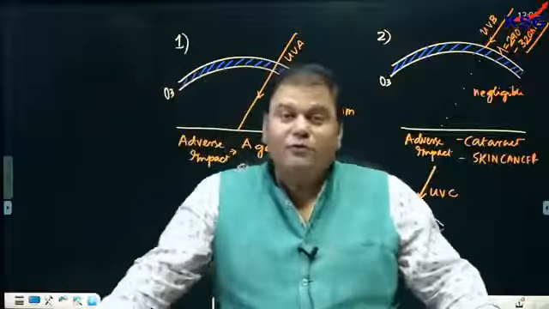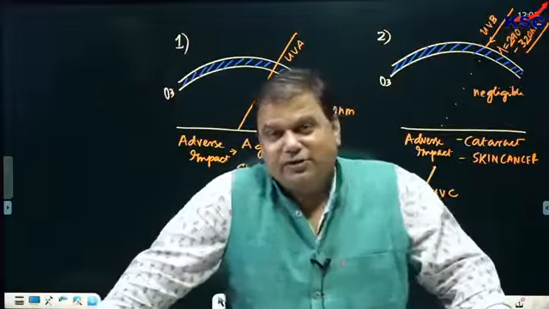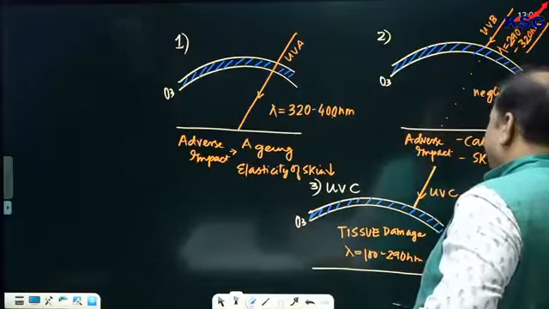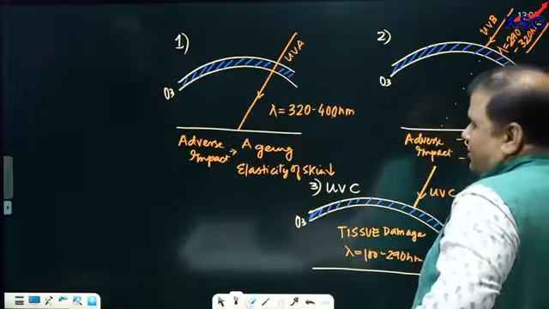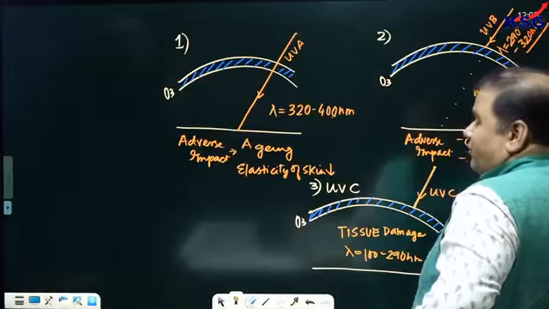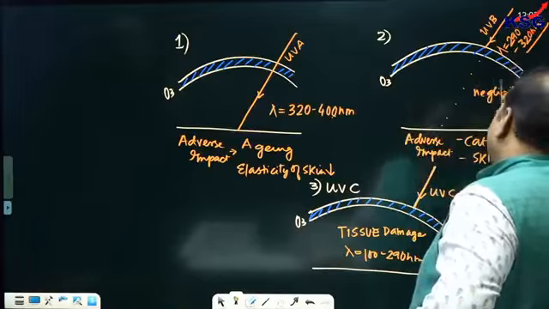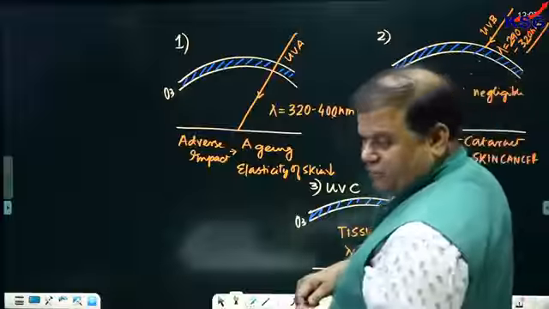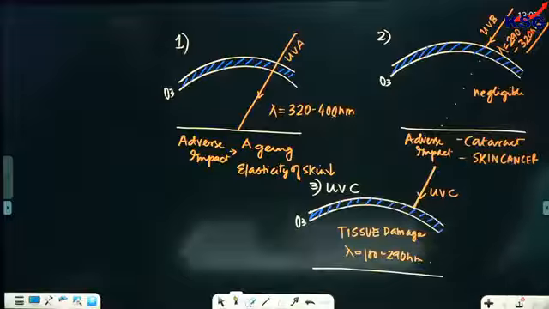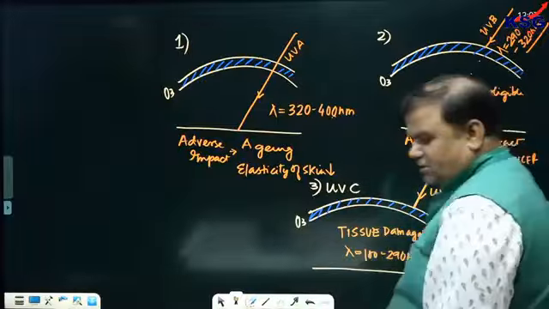More harmful for us would be UVC, because one observation can be seen: the wavelength is getting reduced, but more energetic is the UV radiation. So it means that energy is inversely proportional to wavelength. Why? Because it is responsible for more and more damaging impact. So more energetic is the UV radiation as such.